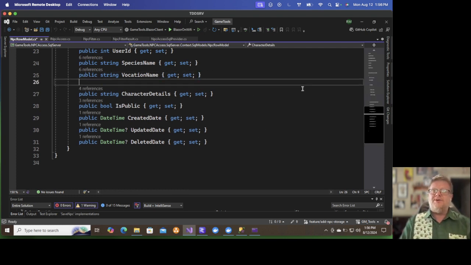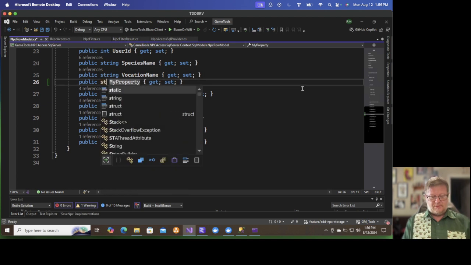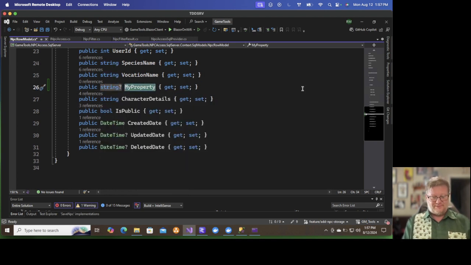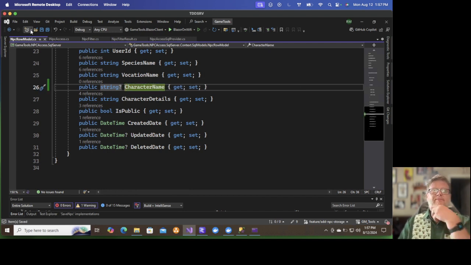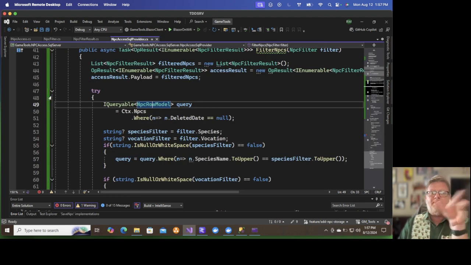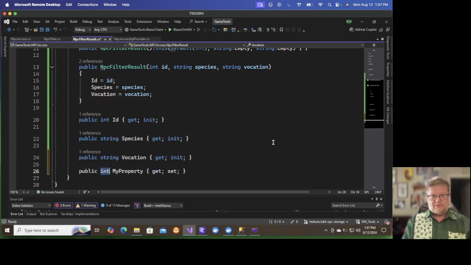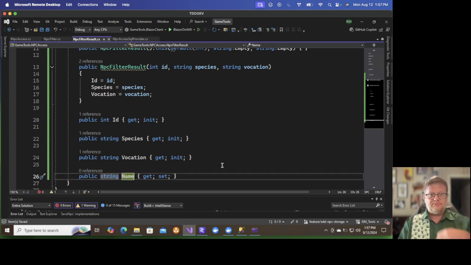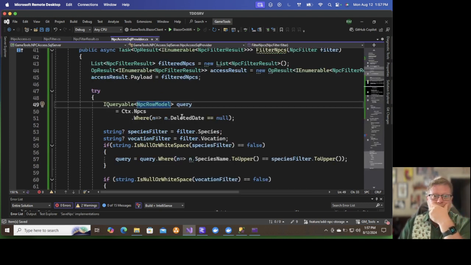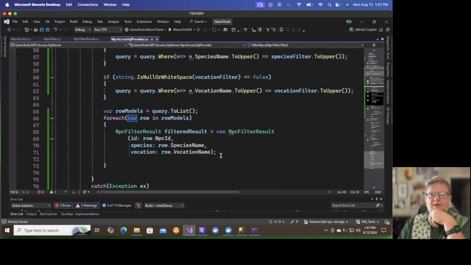Okay. I also need to add character name. So we've updated the table, prepped the row model. I need to come into filterResult and add string name. We're not going to allow filtering on name, but